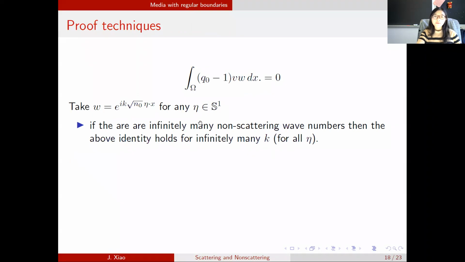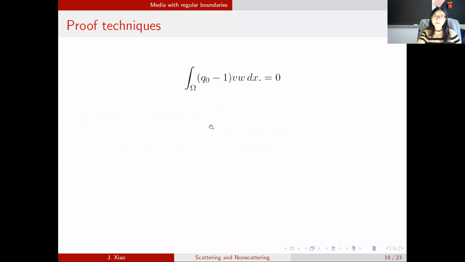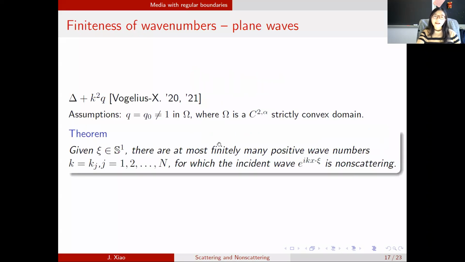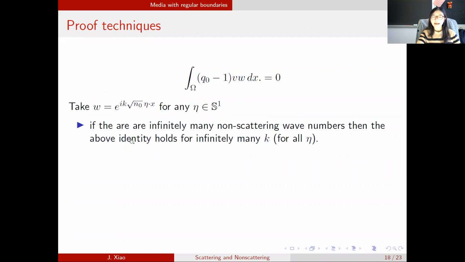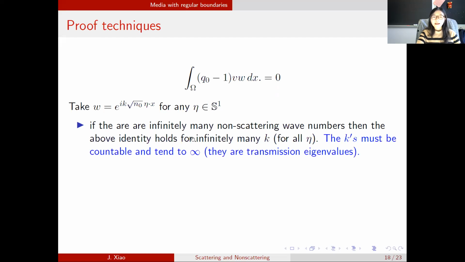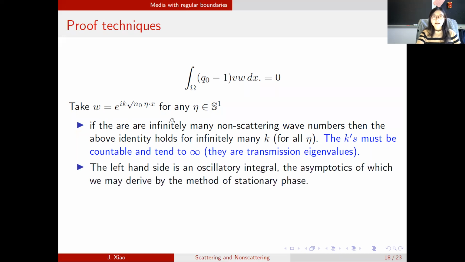direction. So firstly, there is a typo here. So firstly, we again prove by contradiction. Firstly, if there are an infinite number of non-scattering wave numbers, then one can show that first of all they have to accumulate at infinity. So this is the first observation,